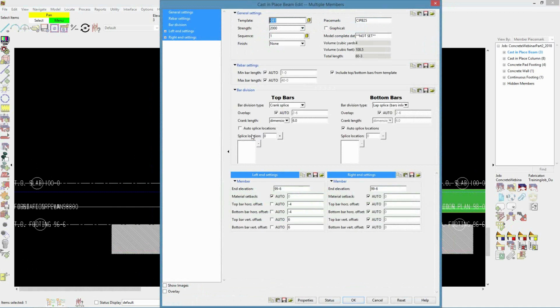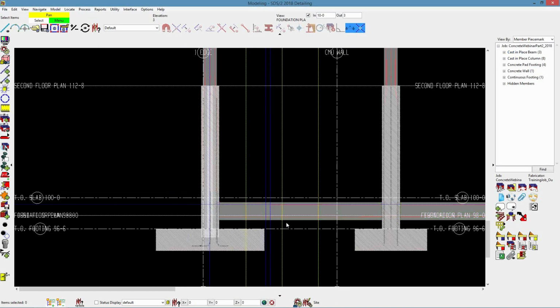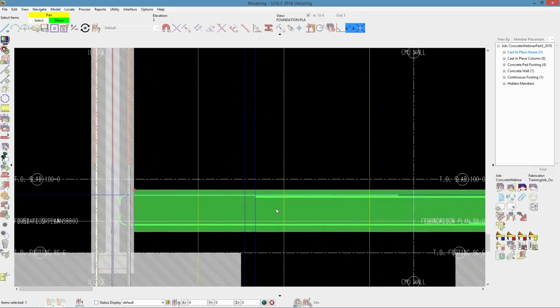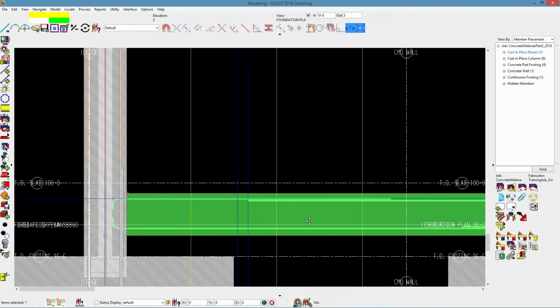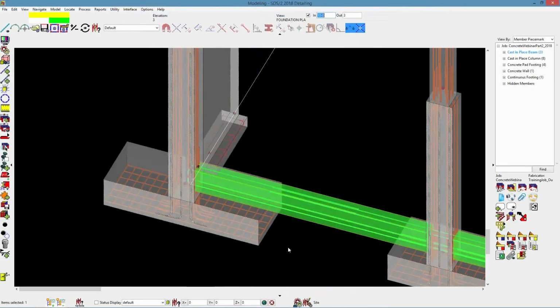Remove my splice locations and just let it do an auto splice. I'll go ahead and set it back to offset here for both the top and bottom bars. And now what we can add to